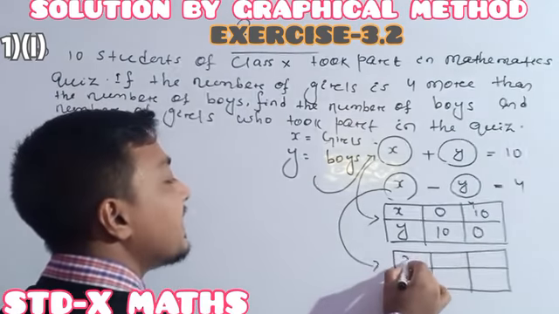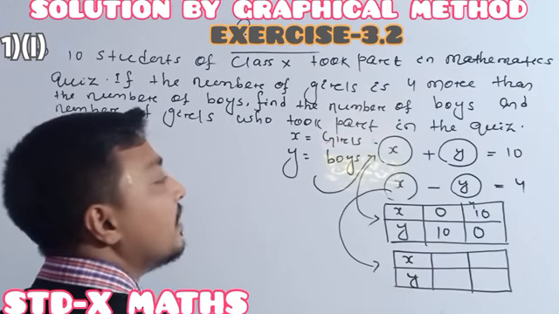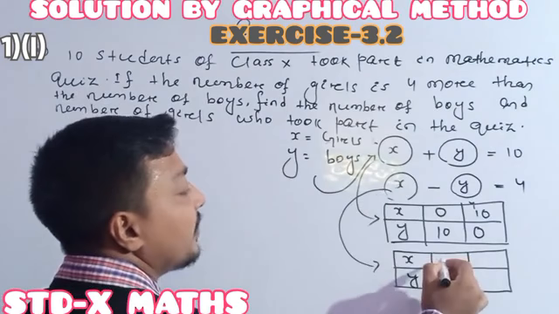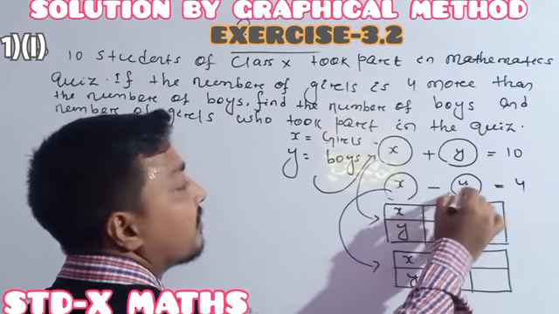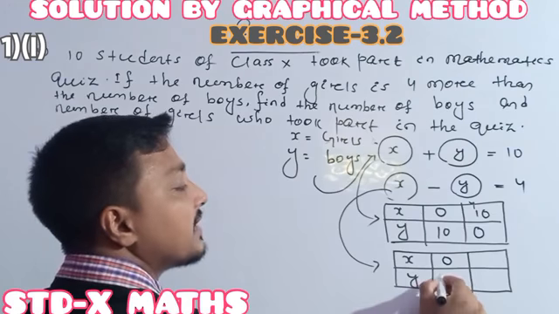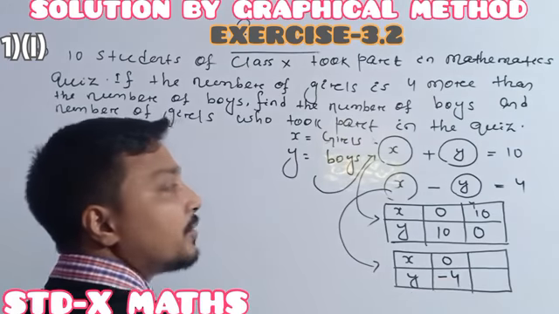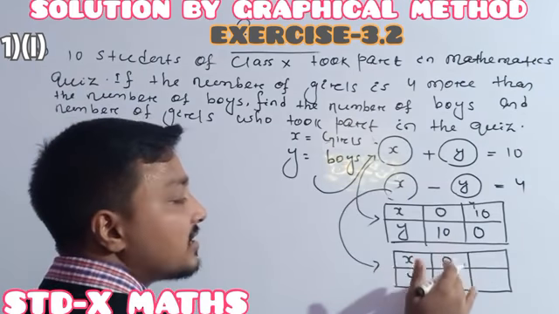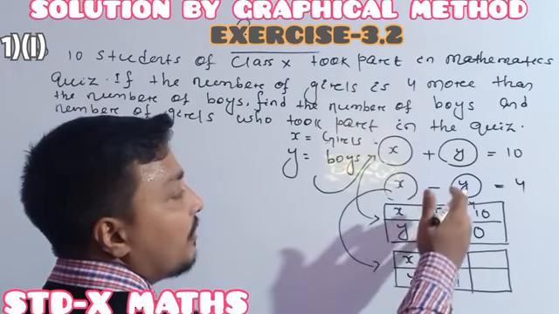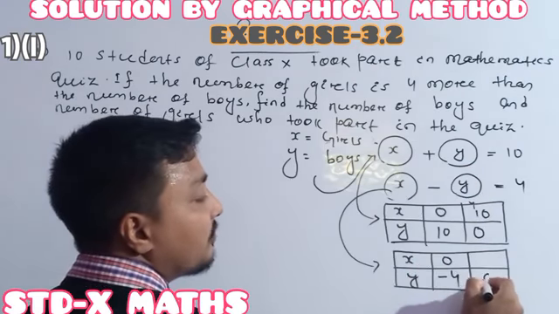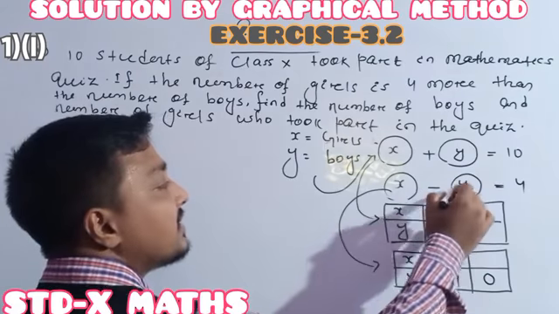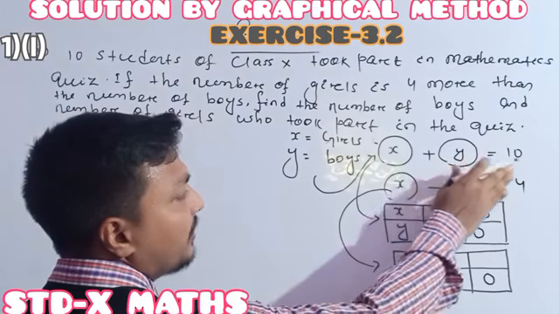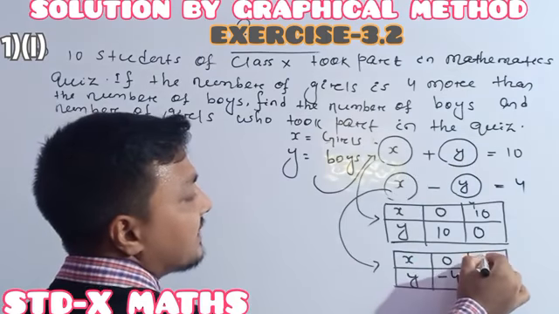Ready? Here it is x, here it is y. For the second linear equation, whenever I put x is equal to 0, minus y is equal to 4, which gives us y is equal to minus 4. So one point for the second linear equation is 0, minus 4, and another one we can get by putting y is equal to 0. On putting y is equal to 0, we get x minus 0 equal to 4, which implies x is equal to 4.